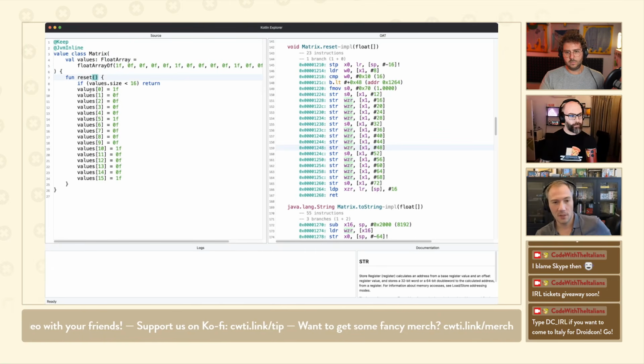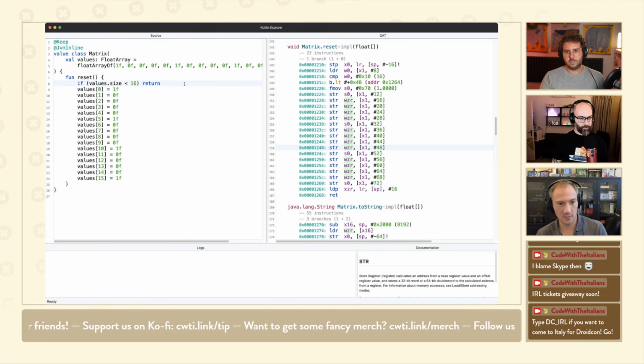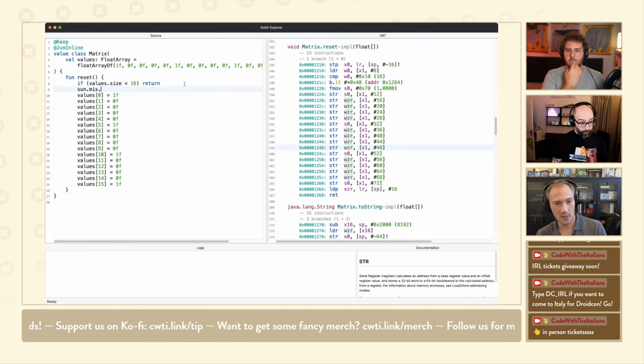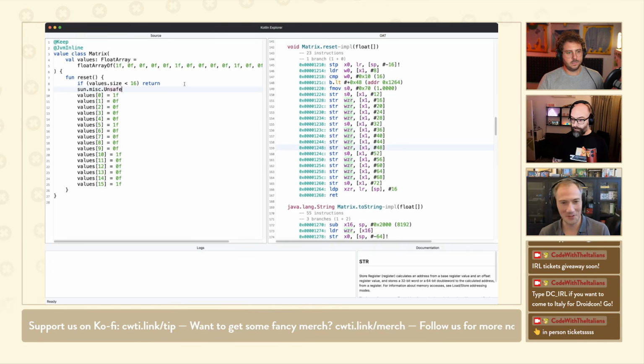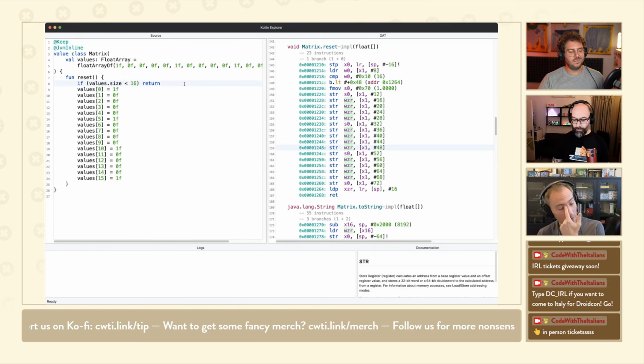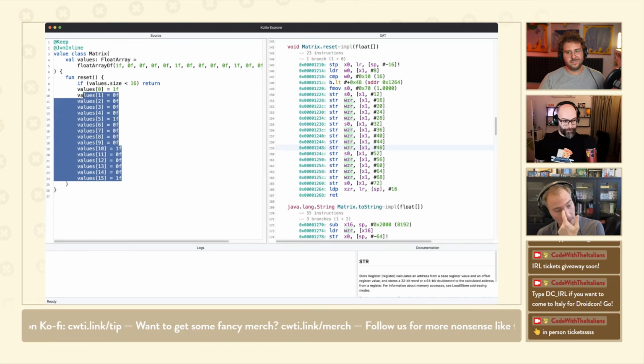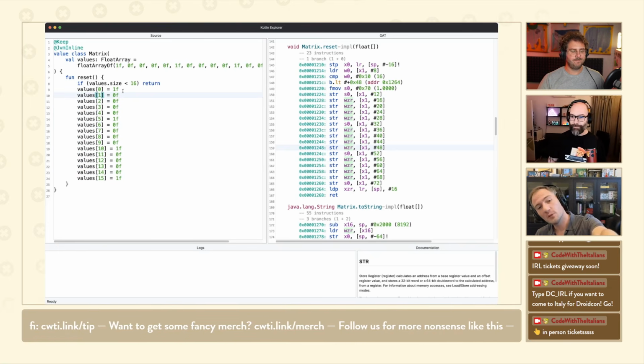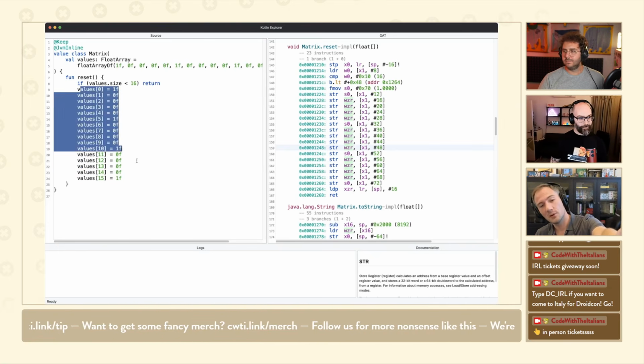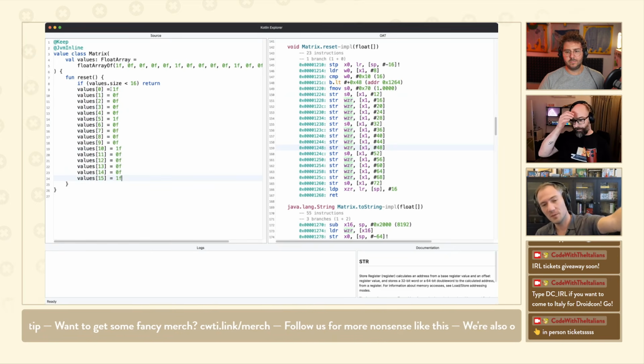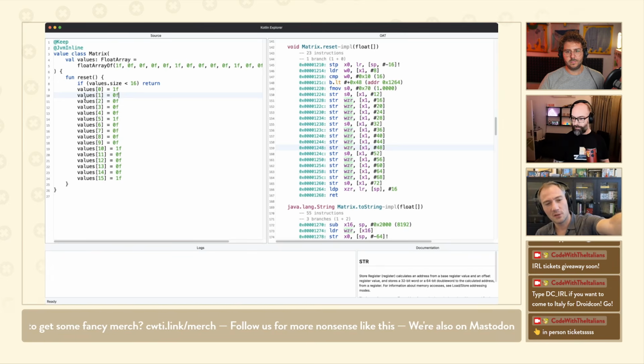Now there are ways to make this even faster that I'm not going to get into, with this infamous sun.misc.unsafe that I may or may not start using soon. There are other ways to even improve that. If I were doing native code, like we were talking about bitpacking earlier, I'd look at this value 2 and 3, right? I'm setting 0, and they're both floats.